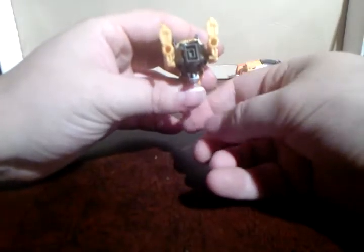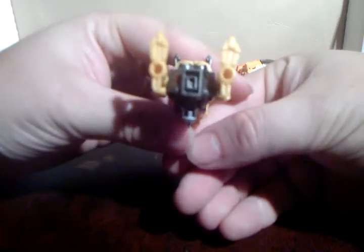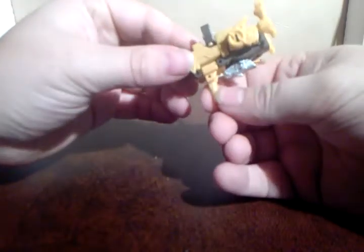I don't actually mind the gun mode because that looks like quite a nasty barrel. And there's the two little side barrels, which are actually, you know, like barrel lined inside. But it's a bit...